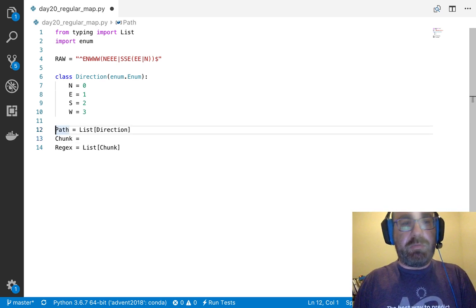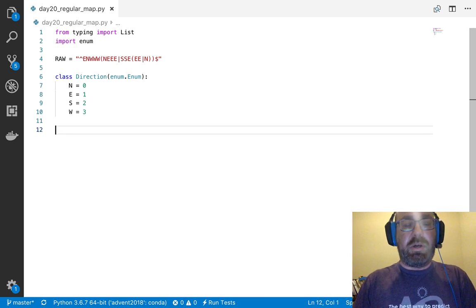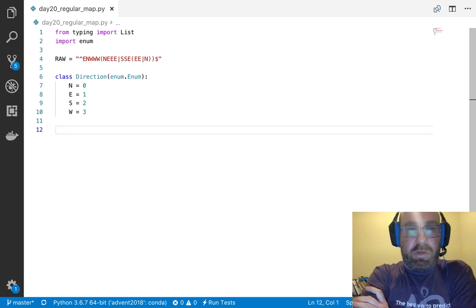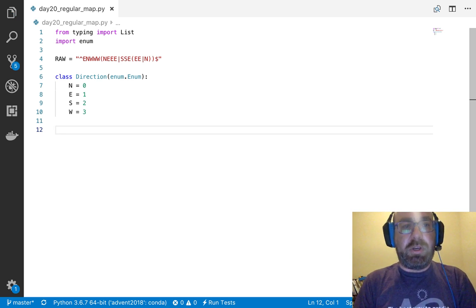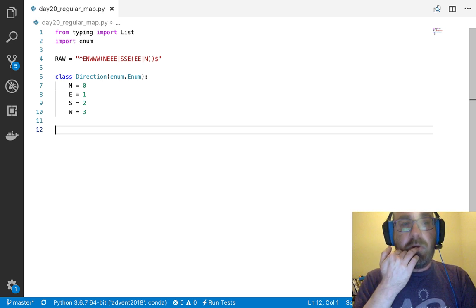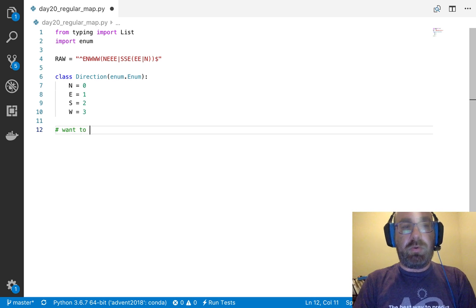These recursive types, Python's not going to let me do recursive types, so that's fine. So we're not going to use types for this. So what I want to do is turn raw into something that looks like